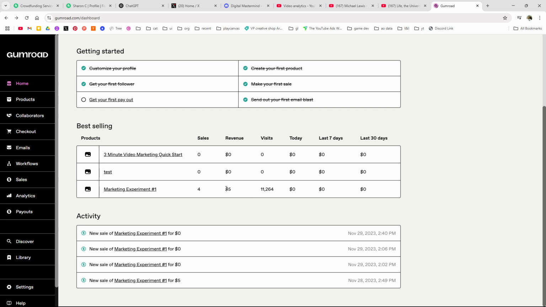The $5 revenue, by the way, was me. It says there's 4 sales. I don't really know, but I think I threw $5 at it, so one of the sales was me. I think I set it up so you could buy it for free. I was just trying to get something going. It's not about the money, folks. It's really not. I need money, but if you don't want to give me your money, don't. Money is hard earned, and I want to turn money into more money.